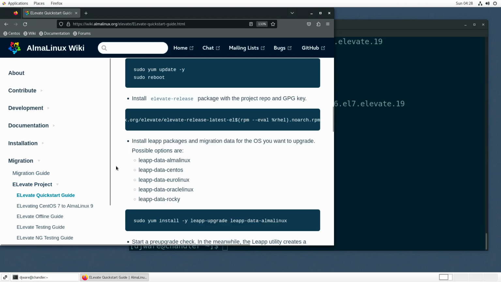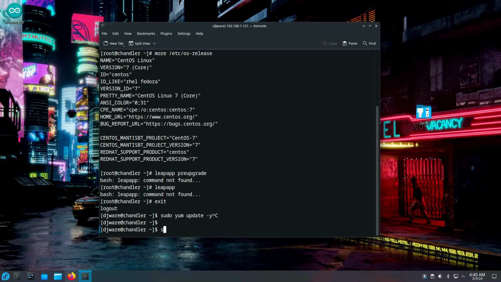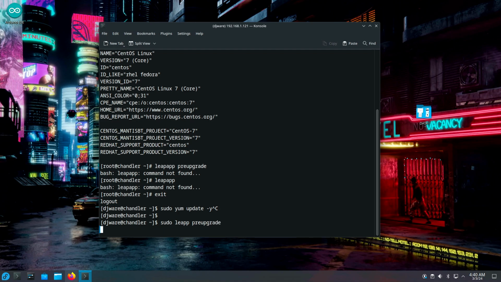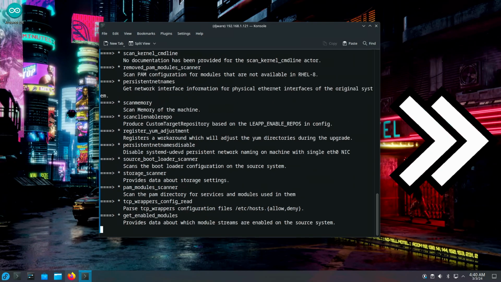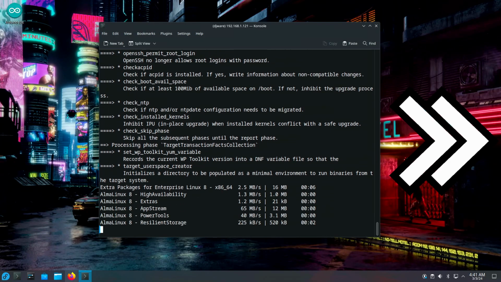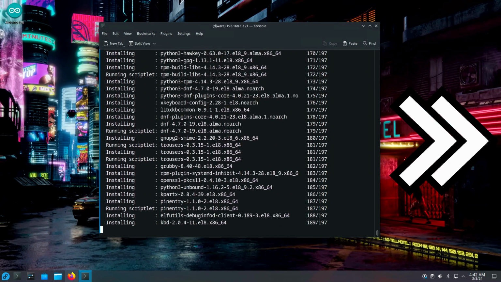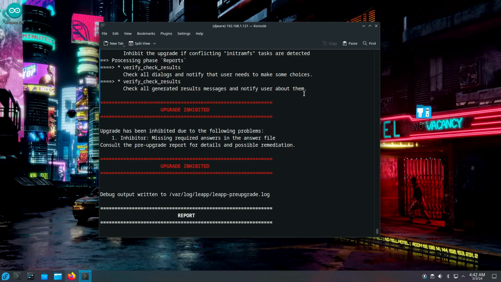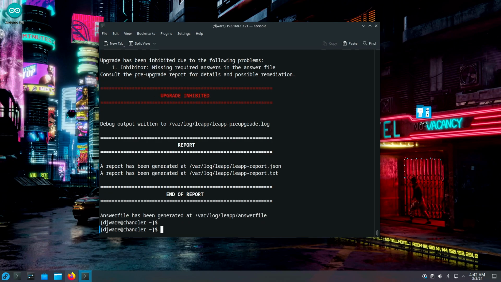And we should have Leapp fully installed now. So you'll notice this means that I can't go forward. If I attempt to upgrade at this point, it's just going to give me this again and say, hey, you've got to go fix this. So let's